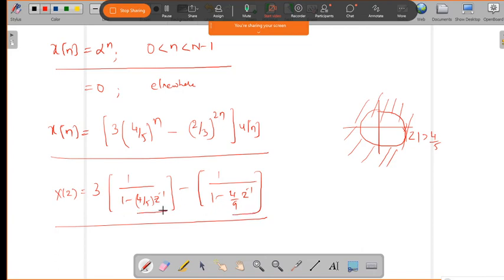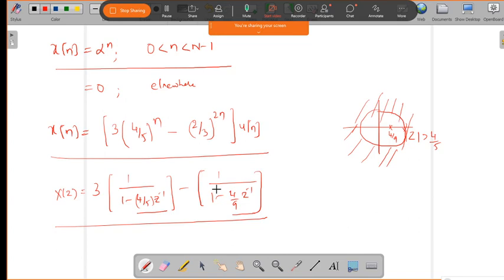Which is inclusive in 4 by 5. Yeah, so if you have the pole at 4 by 9 here, the pole should not exist within the ROC, right? Yes, sir. So it is exceptional, it is not included in the ROC. Okay. Is it understood? Yes, sir. So it is not greater than this value, it is less than that value, right? Yes, sir. Okay. So now z is greater than 4 by 5. So this is the ROC and this is the Z transform.